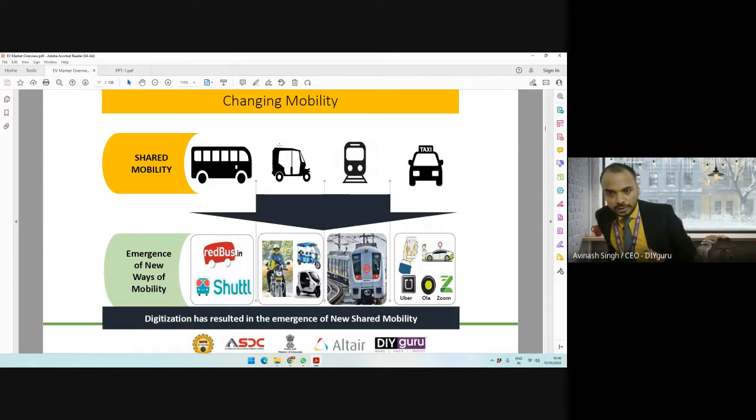The whole mobility industry had changed because of the digitization, because of the emergence of 4G, 5G technologies, more people having mobile phones in their hand. And if somebody is thinking again on the same trivial line which he was thinking back in 1998, things are not going to run on that particular problem solving attitude. Now the problem solving attitude has to be changed, right? Even I say to the startups as well,